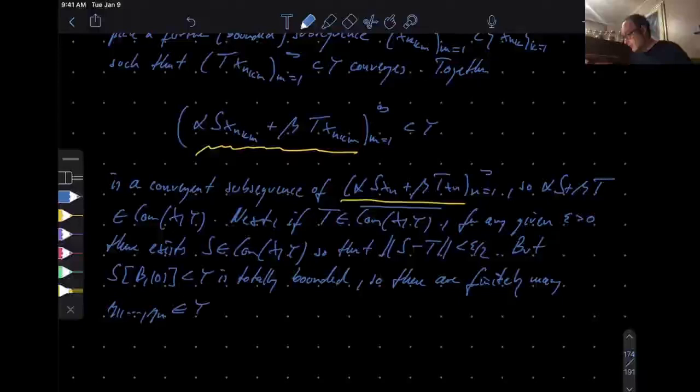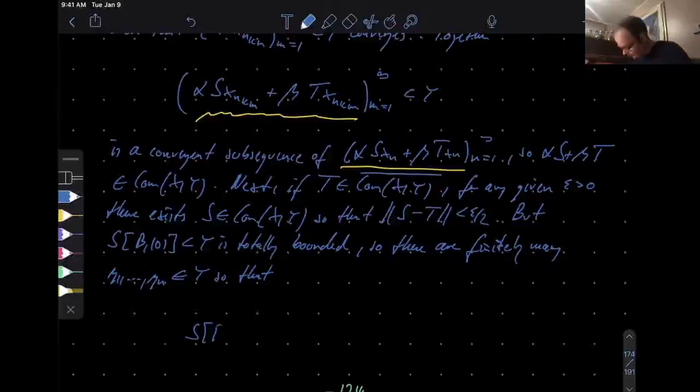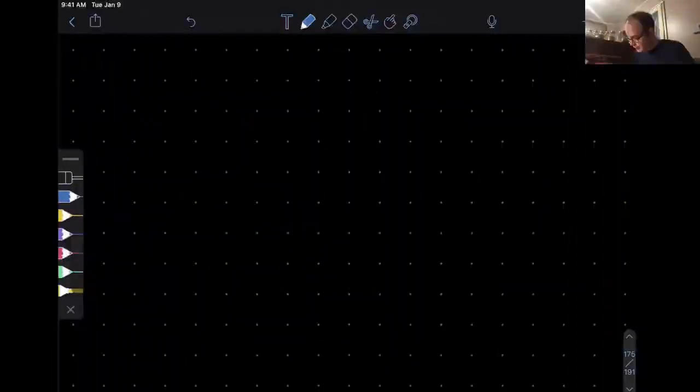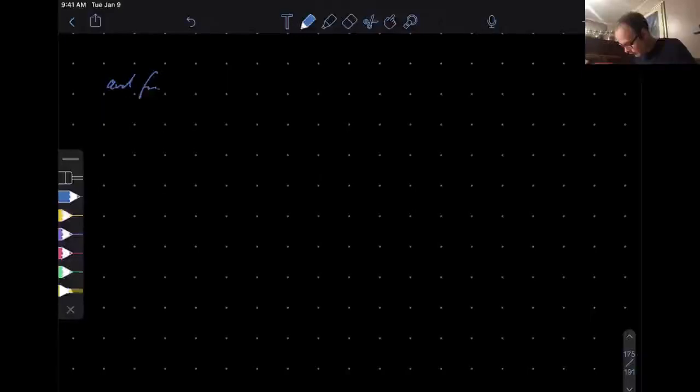So there are finitely many y so that, well, this is the definition of totally bounded. You can cover it by finitely many balls of small radius. So for instance, finitely many, and the centers of those balls are precisely those yj's. Y minus yj, this is in Y space, less than epsilon over 2. That's just the definition of being totally bounded. Okay, apart from the triangle inequality, from the triangle inequality,